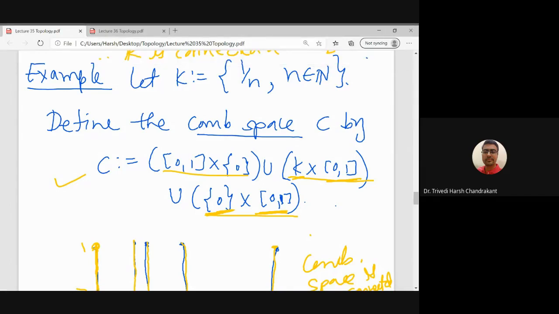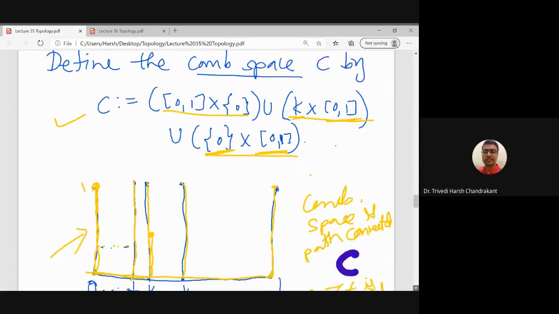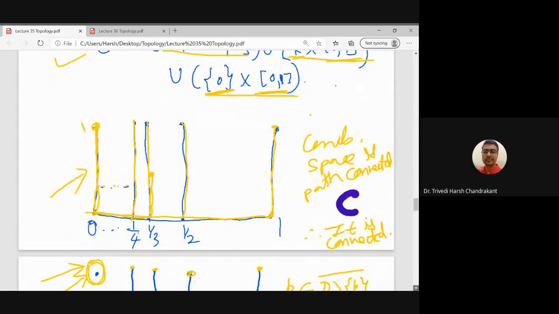What we discussed in the last lecture is different types of connectedness. We discussed connected topological spaces, path connected topological spaces, and locally connected topological spaces. One of the examples we were discussing in the last lecture is the comb space and the deleted comb space. Comb space means we have a collection of infinitely many line segments.